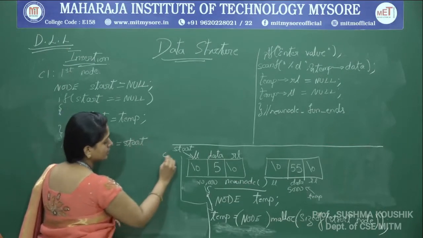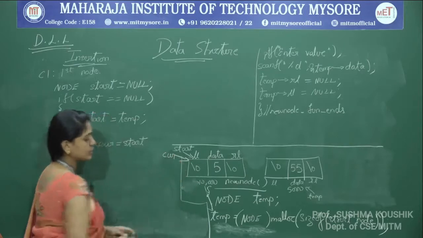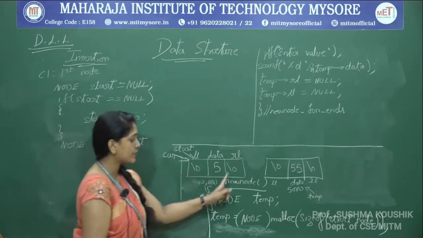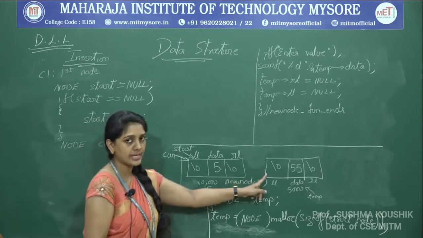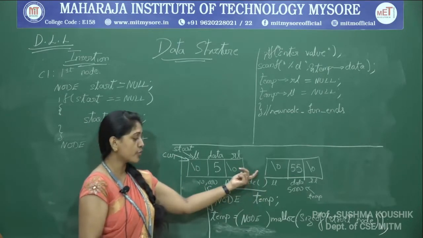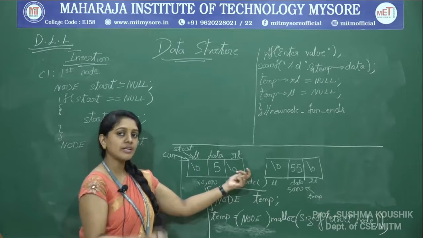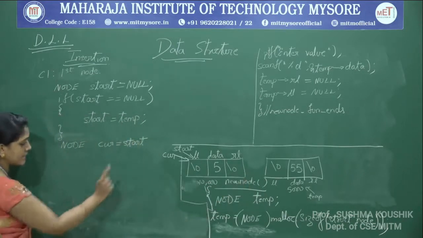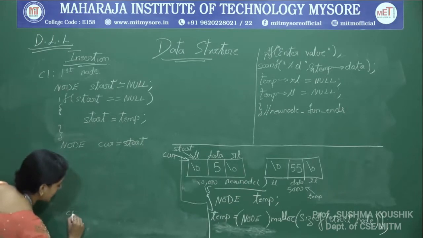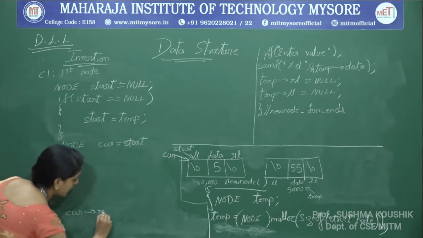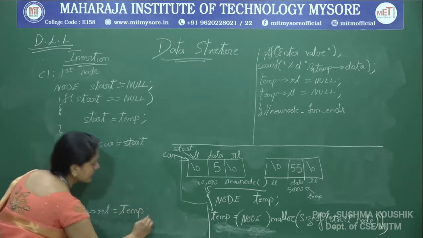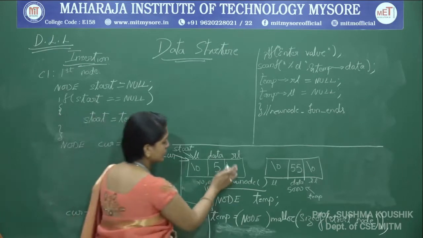Current right now should have start, therefore current is equal to start. So one more pointer called current is also pointing to the starting node, and I will traverse current is equal to current of RL, which will hold the right side. But now there is no option for me to traverse, so I will directly insert it. I will leave that condition part and directly insert that current of RL is equal to temp, because the scenario looks like that. So current of RL is equal to temp.